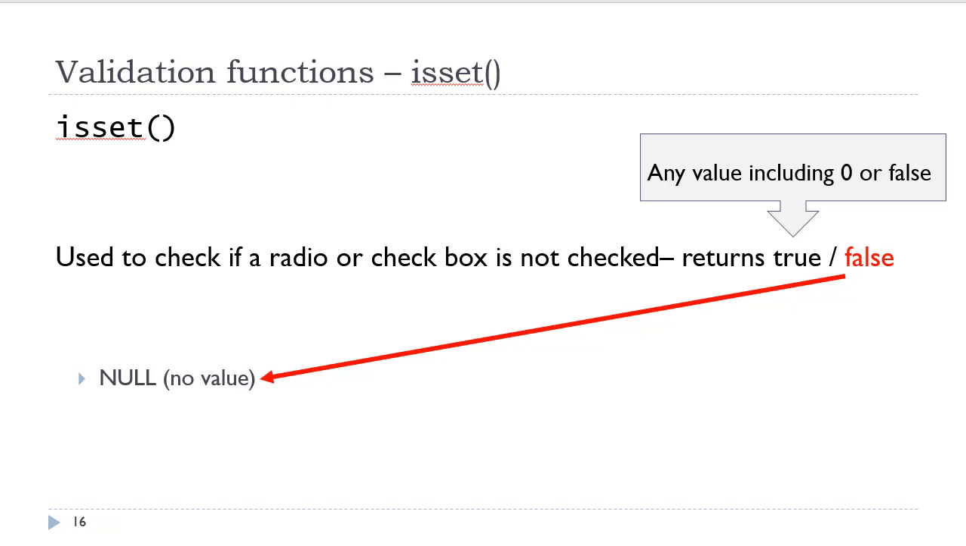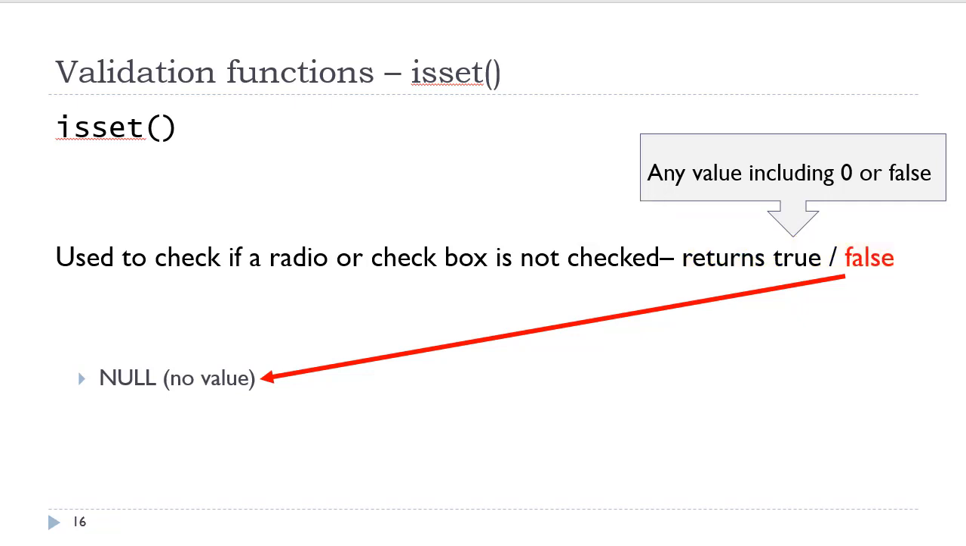Therefore, you always want to use the isSet function to make sure that a radio or checkbox has been checked before you try to retrieve its value. This is also a Boolean function, so logically it returns true or false. It returns false if there is no value, which is null, and it will return true for any value, including